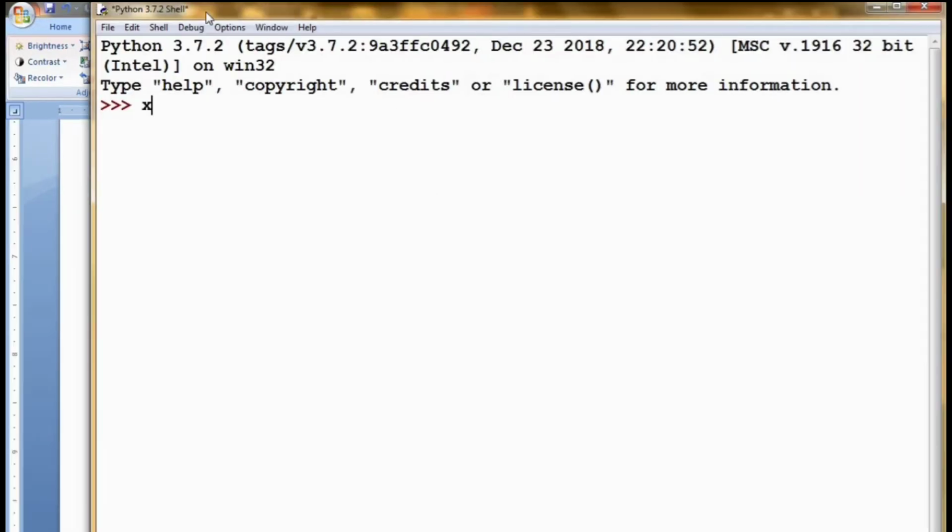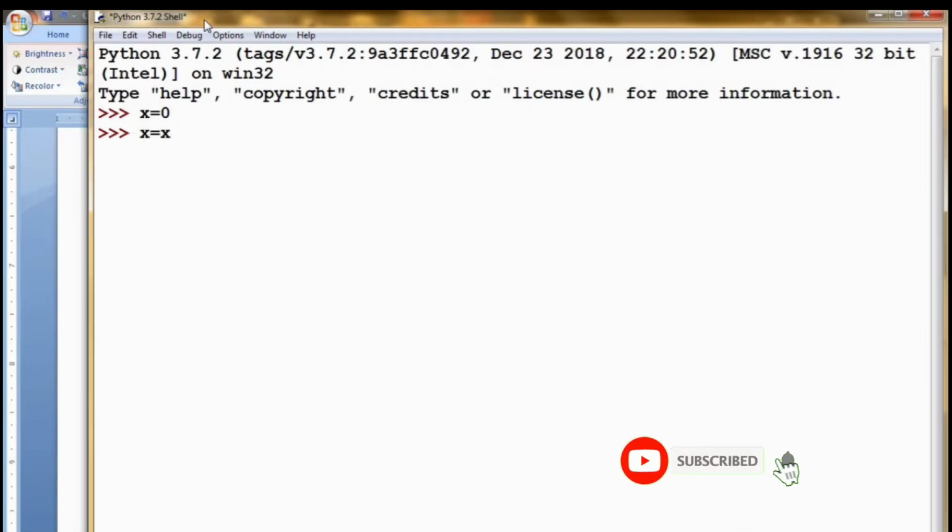So again I am opening the Python shell. First I have assigned the initial value of x to be 0. x is equal to x plus 10. I am printing the value of x. So x is equal to 0 plus 10, it is 10. Instead of using this x is equal to x plus 10, I am replacing it.